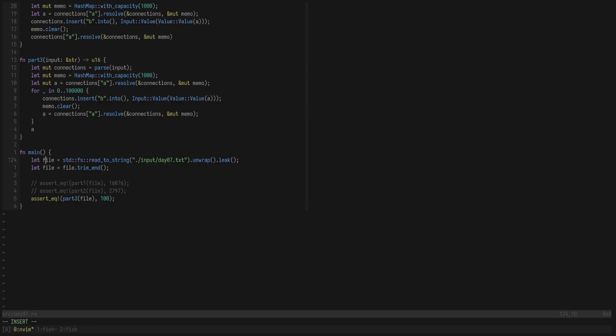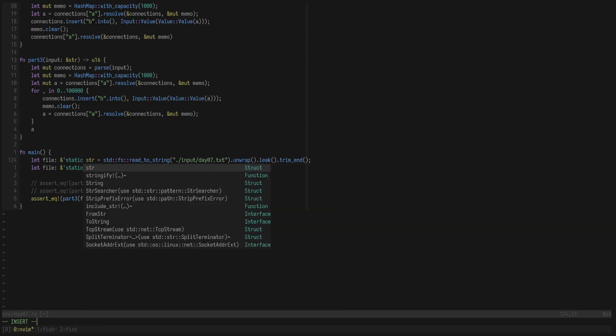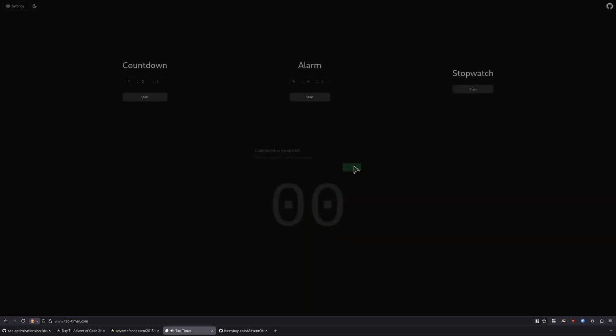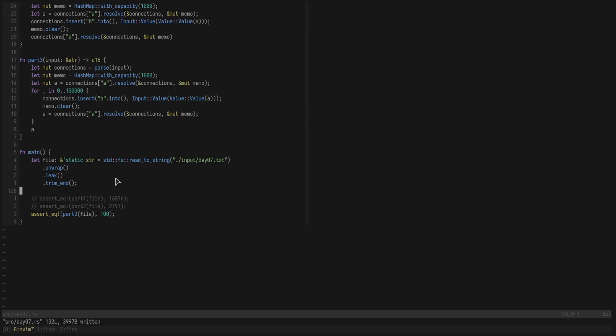which gives us a, can I do that? Okay, timer's going off, but we're going to ignore that for a bit. So the idea here is with leak, like Box::leak and the similar function, it will actually just leak the memory, which means that it won't free it, which means that it's now a static str,